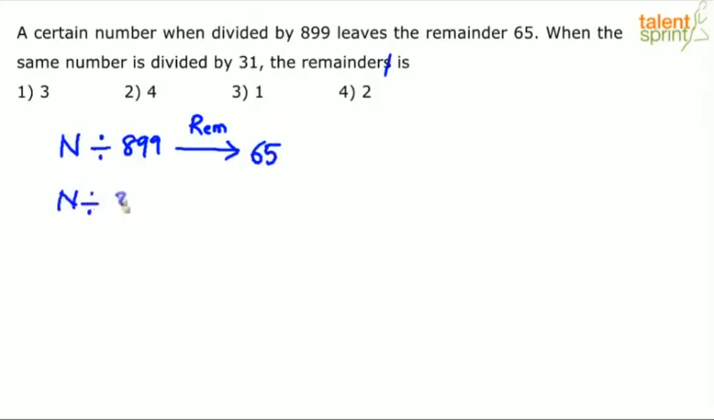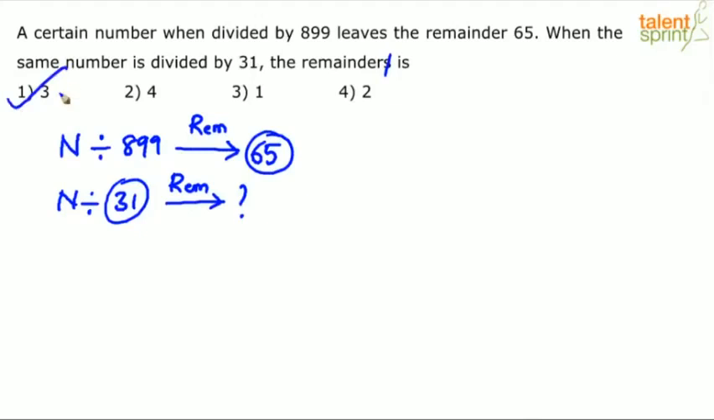Now, when n is divided by 31, what will be the remainder is the question. A shortcut way of answering such questions is just divide 65 by 31. Whatever is the remainder, that would be the answer. What happens? 62 is divisible by 31. What is the remaining? 3. In 65, 62 is divisible, remainder is 3. So answer would be